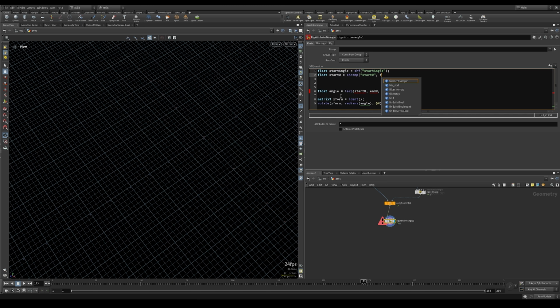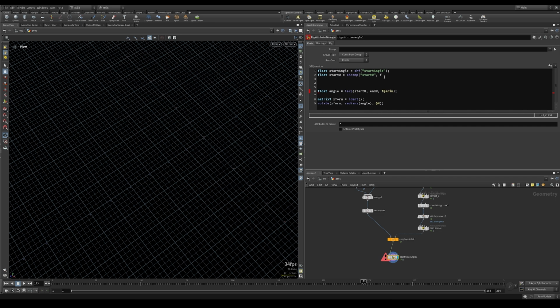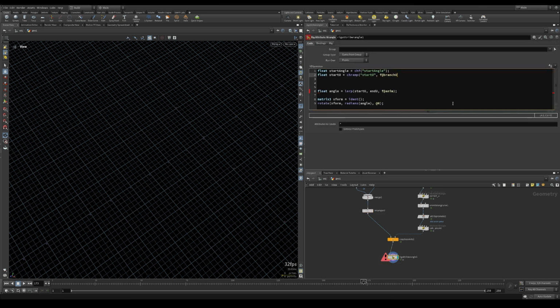We want to use the U coming from the branch itself. So where it was, f at branch U, or it was, yeah, branch U. And like before, minus 0.5, close parenthesis, and close all of this,